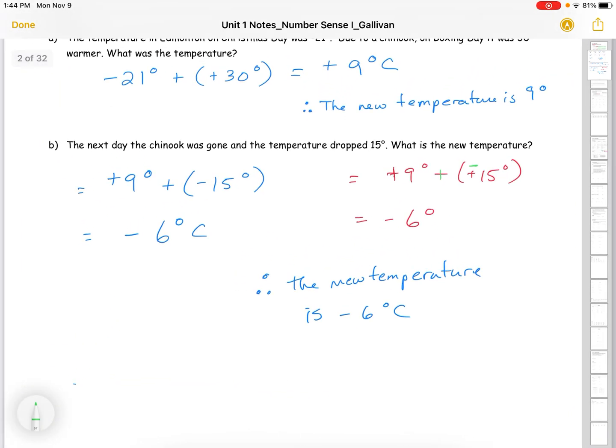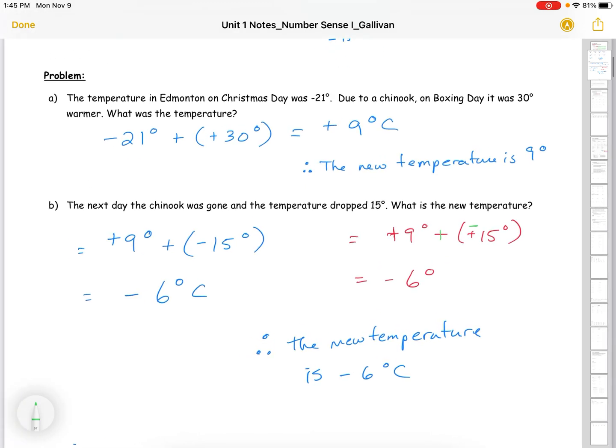All right, now it's your turn to practice. Again, if this feels like review, it should. This is not your first kick at the integer can, so to speak. So give it a shot, lots of practice, and then we're going to go over the practice